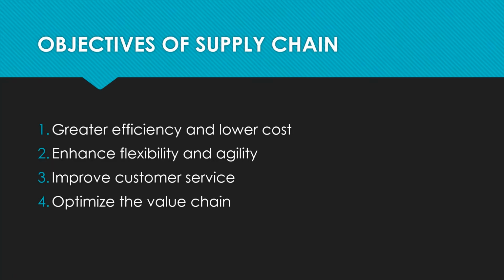So if you follow this, it will act as a network or mediator, so obviously it will optimize the value chain. Value chain means a chain which is usually performed by the salesman, or the people in marketing. They always try to convince the customer, and on the basis of that, their commission or productivity increases to a certain level. So if you follow the supply chain, it will act as a network and optimize the value chain. So these are the objectives of supply chain.